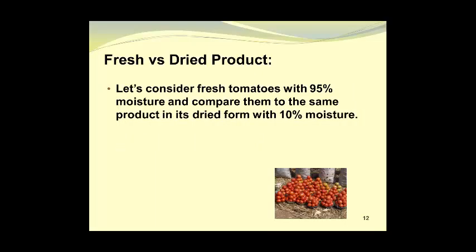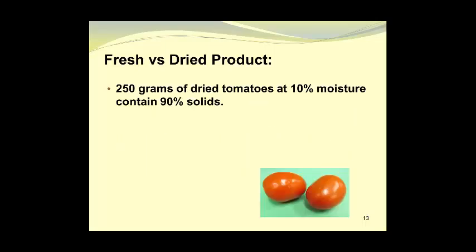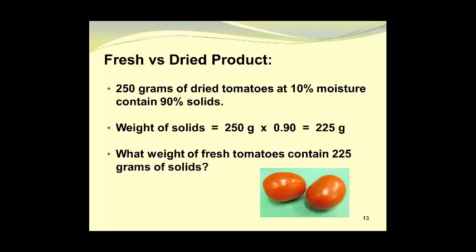Let's consider fresh tomatoes with 95% moisture and compare them to the same product in its dried form with only 10% moisture. What is the equivalent amount of fresh tomatoes that correspond to 250 grams of dried tomatoes? 250 grams of dried tomatoes at 10% moisture contain 90% solids. The weight of solids will be 225 grams. What weight of fresh tomatoes contain